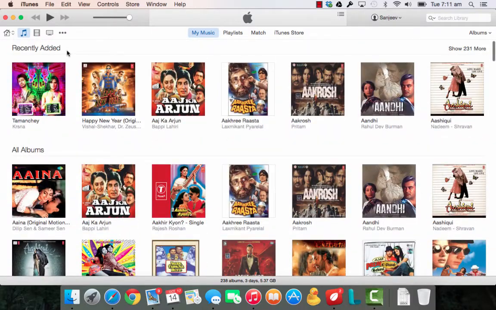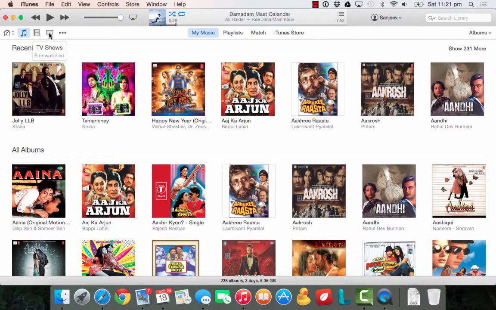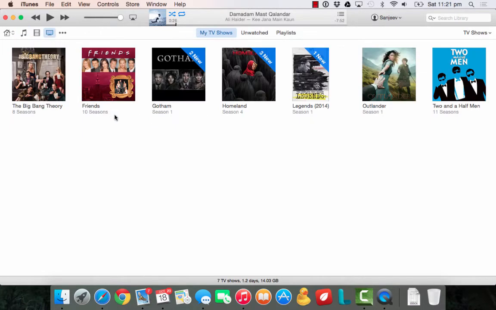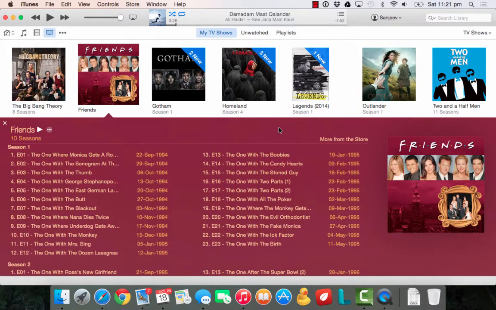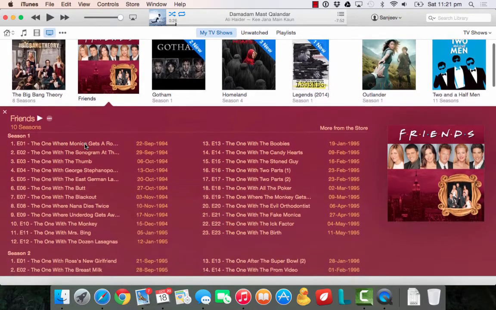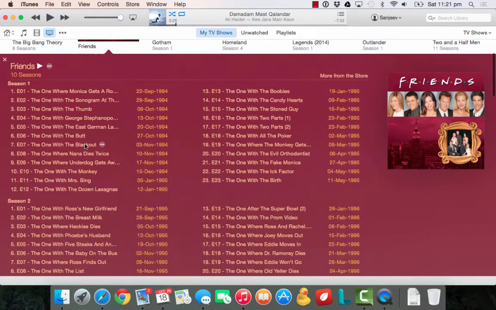There are a few other changes. There are changes which I do not like also, like in TV shows. Earlier your episodes were grouped based on the seasons, so you could see all your seasons here and select which season you want to go to. Currently, if you see, I have the full Friends series, but it's not grouping it like that.